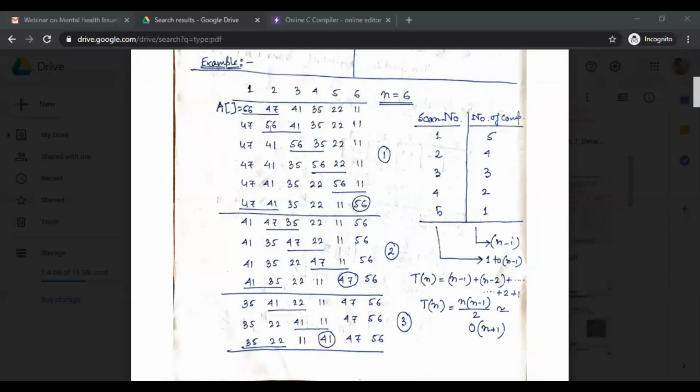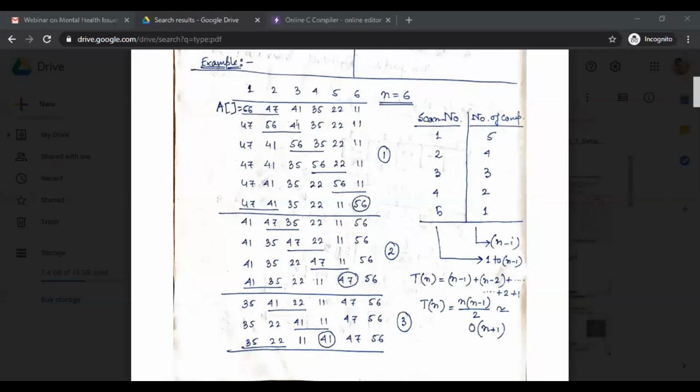I'm talking about position 1 and position 2. In position 1 there is 56 and in position 2 there is 41. Again, the value at position 1 is greater than the value at position 2 of my array.